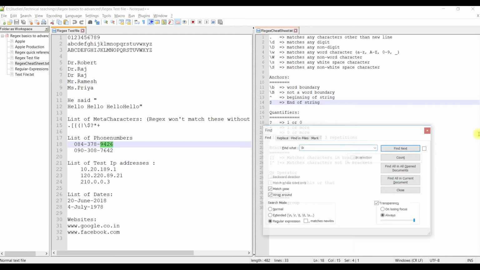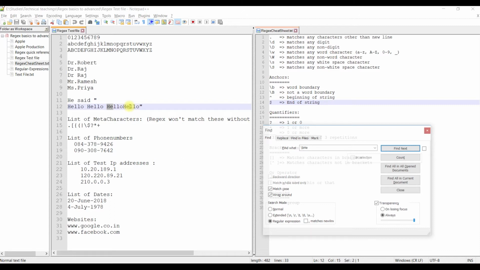\b can represent a word boundary. Okay. If you give something like \b and "he", then it will match all the words which are at the word boundary, especially at the start. For example, let's try this file next. You can see it's matching only the 4 HEs, but it is not matching this HE